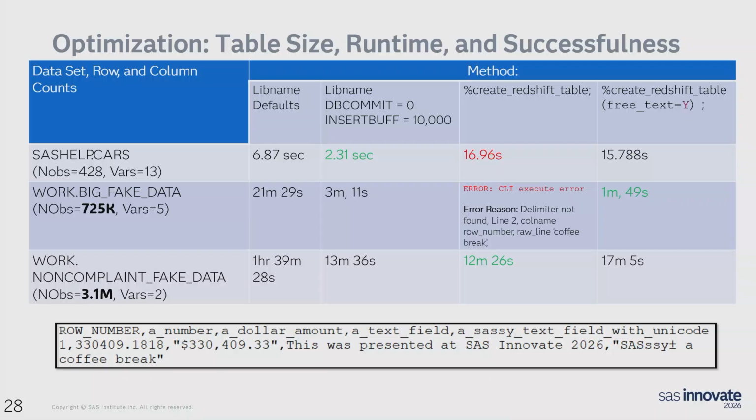And when we look for more information on that STL load errors, we find that line breaks are causing a line feed error. So when we created the CSV in the middle, we tried pushing its contents into the AWS table, but it accidentally sees coffee break as a value of row number, which is not allowed because that field is numeric. Once we use the free text equal yes option, we see the dramatic difference.